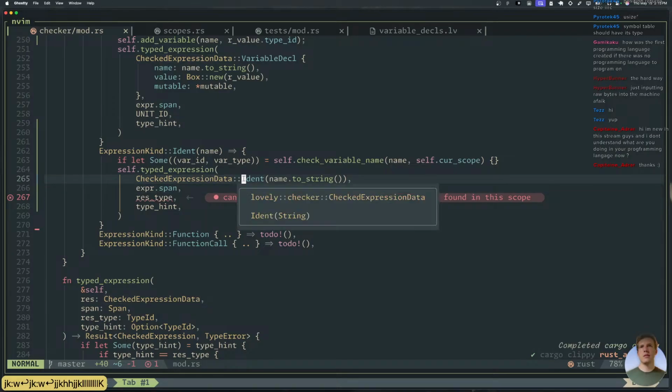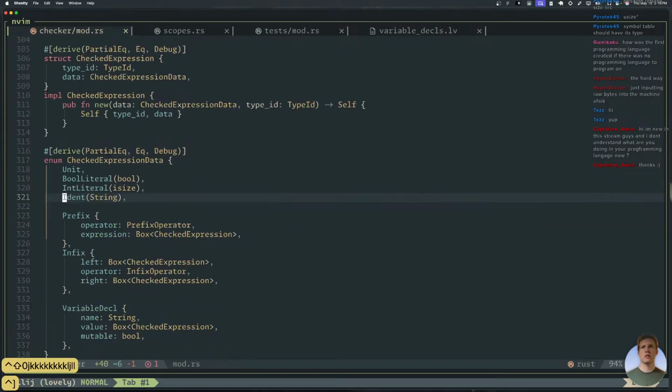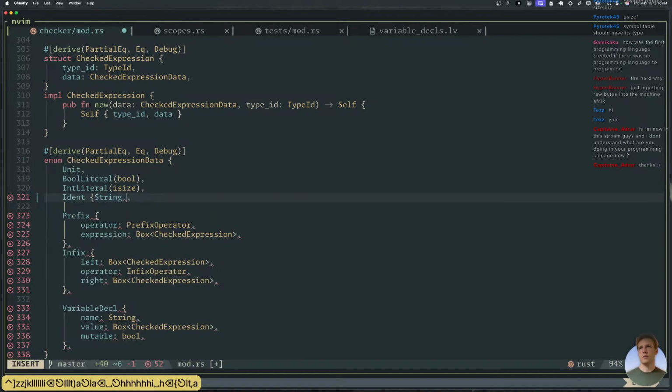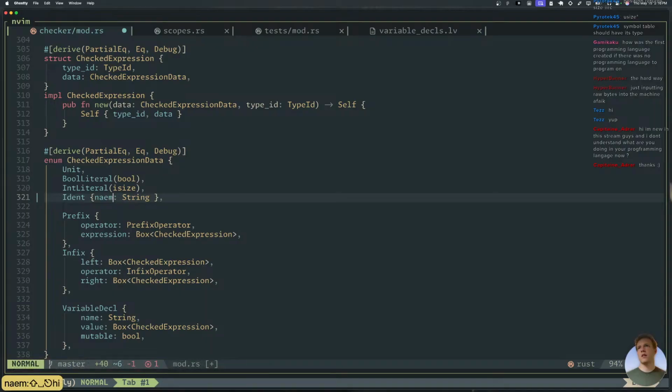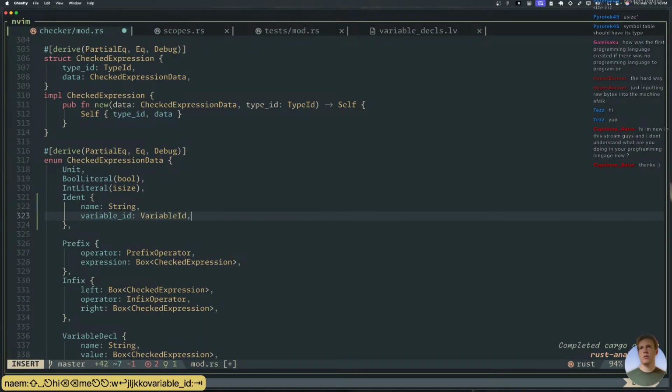Do you think this ident should hold on to its ident ID? Like its variable ID? That would probably make sense, right? Let's do that. Ident will be a little more complicated, something more like name, and variable ID would be variable ID.